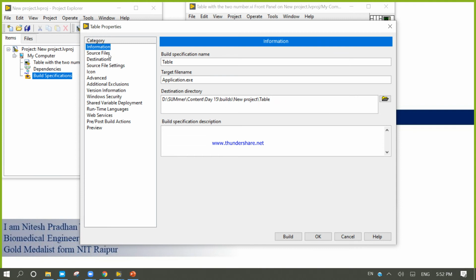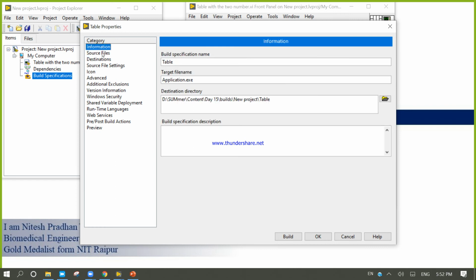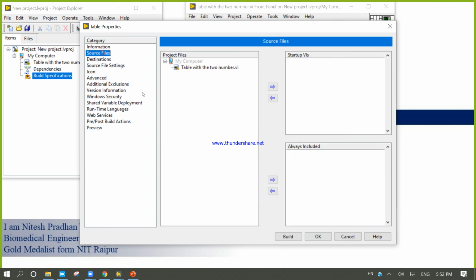No problem. After that, come to Source, below Information. Click on Source, click on your VI in the project file. Inside the project file you will get this single VI.